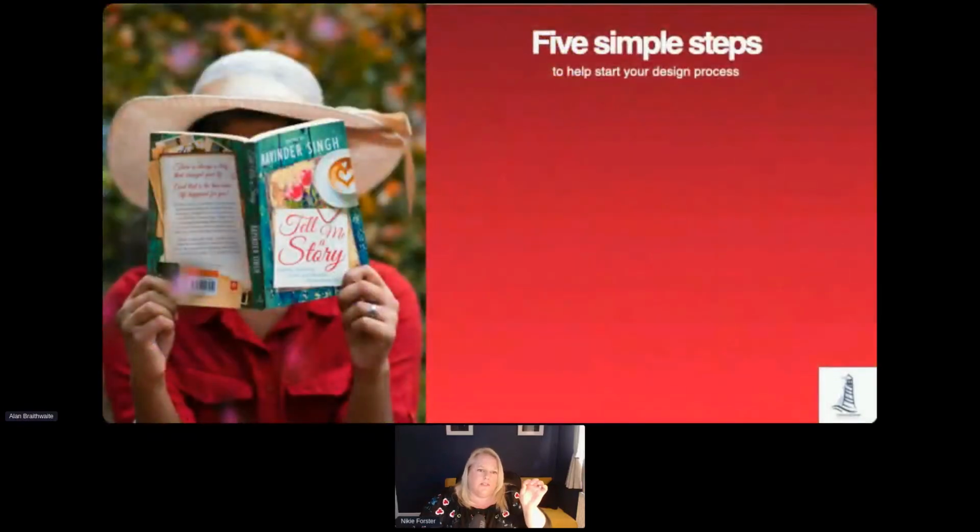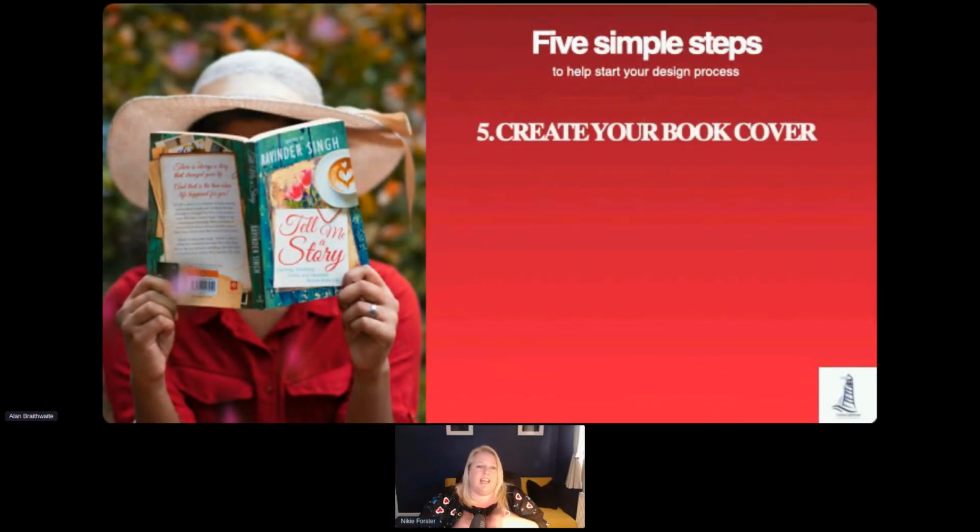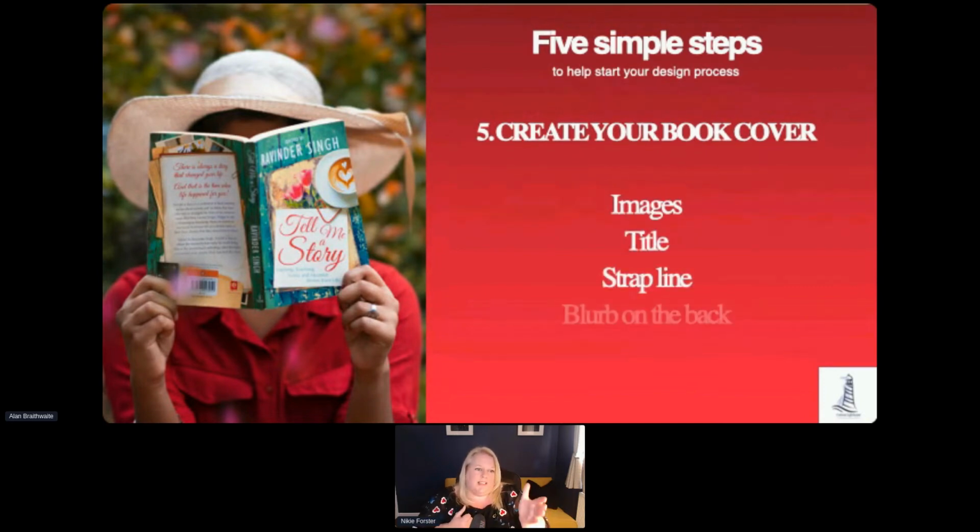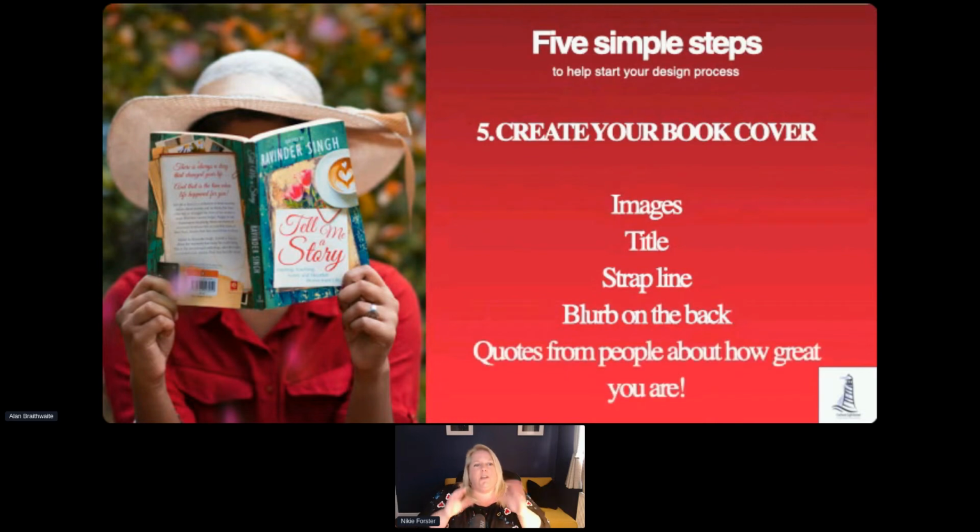And then the last part of the 5 steps to designing is this one. It's about creating your book cover. If you actually got a book, just in the same way as this image that we've got here, when you open it up, you've got all these things. So you've got an image that's enticing, you've got a title and a strap line, you've got the whole blurb on the back. Quite often you've got people saying how good the book actually is, so they're your reviews. All of these together are the kind of things you want to be thinking about in order to create a landing page. And a landing page is just literally the page that they get to and they decide whether or not they're going to click on that buy now.